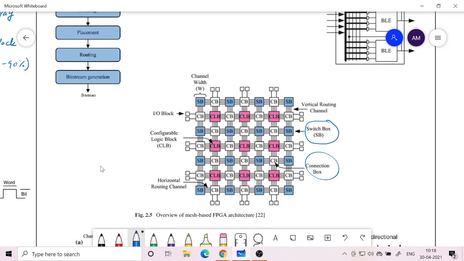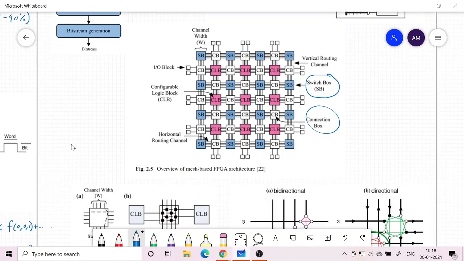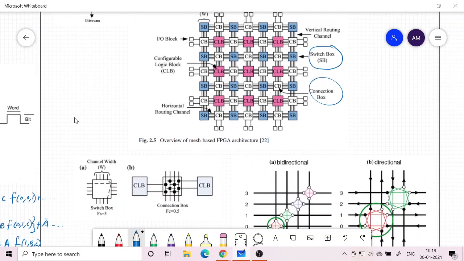In order to understand that, let's look into the inner detail of the switch box. Here is a more detailed structure of the switch box. There are a lot of vertical and horizontal lines passing by, right? They are crossing each other, and when they cross, if you want to connect one particular line with another, for example this horizontal line to this vertical line, we want to have a 90-degree turnaround. So that is required.